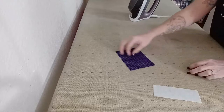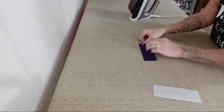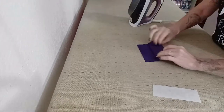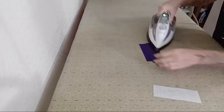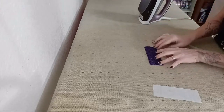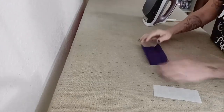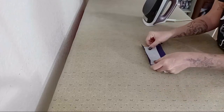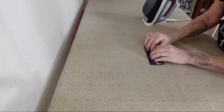Now we're going to take the outside part that goes to the snap. We're going to fold it in half, creating a center crease. We're going to open it up again, fold the outsides into the center, crease that, turn it around, fold the outside into the center, crease that, open the whole thing up just like this, and then add your 2 inch by 5 inch or so, because that was just that piece that we cut off, into here, refold it back onto itself just like this,